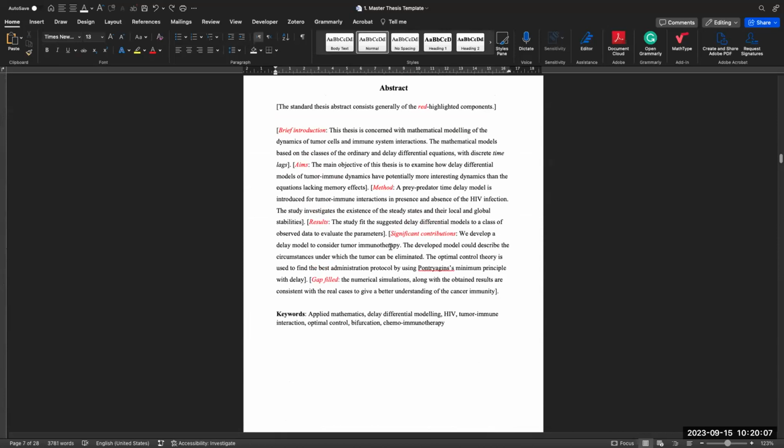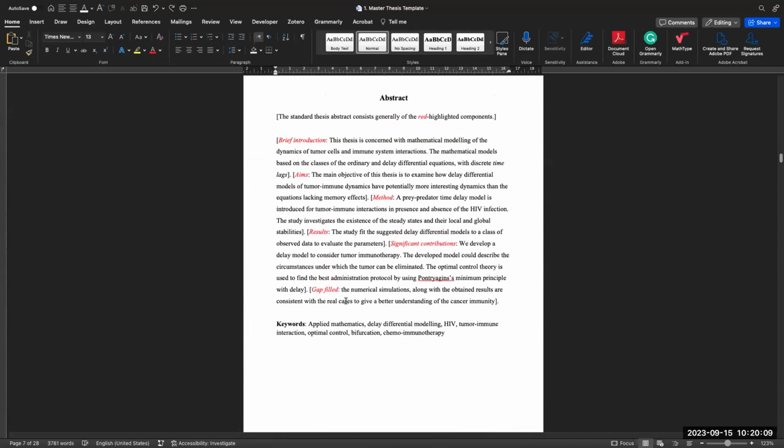Here, there are just a few pieces of advice that I can give you. The first one is about the abstract. The aim of the abstract is to have a summary of your work. So we highly recommend a minimum of half a page, as shown here, or maximum maybe 1.5 pages, but please try not to exceed that. One page is ideal for the abstract. And as I said earlier, please try to remove these guidance notes in red so that it doesn't feel odd